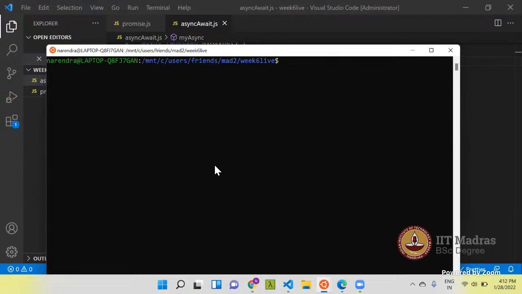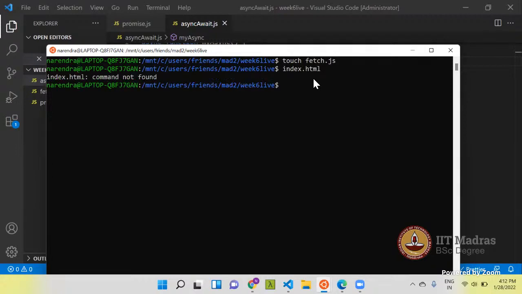So I'll create a new fetch.js. But one thing to note is that fetch is not available in Node. So I will be creating one more file, that is index.html, because I need the window object.